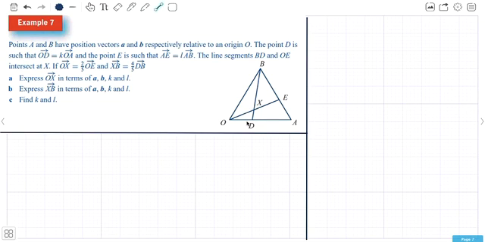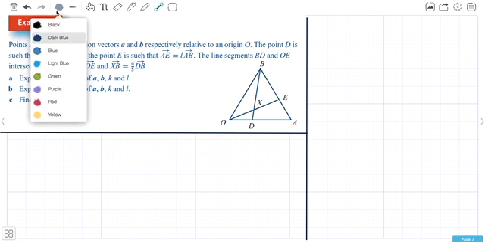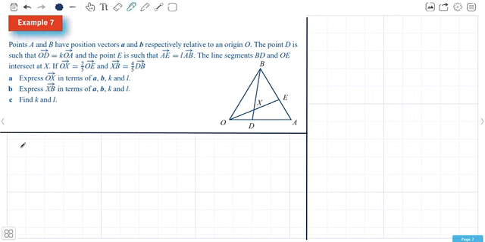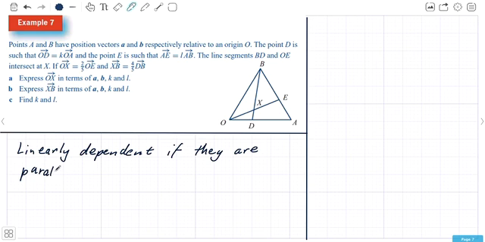In this example, you're looking at a sort of proof again, and we're going to link this to the ideas of linearly independent and dependent vectors. Remember that two vectors are linearly dependent if they are parallel. So we're going to see, as we progress through here, that a couple of the vectors that we look at are parallel, and hence they are dependent on one another. So the first thing we've got here is points A and B have position vectors A